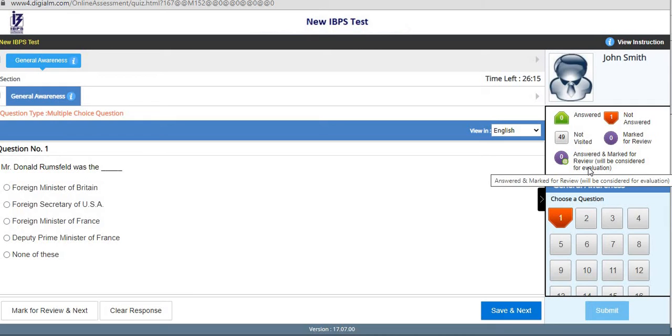The second button, which is in red background, indicates the number of questions you have not answered yet, but visited. Now it shows 1 because just now I entered the first question but have not yet